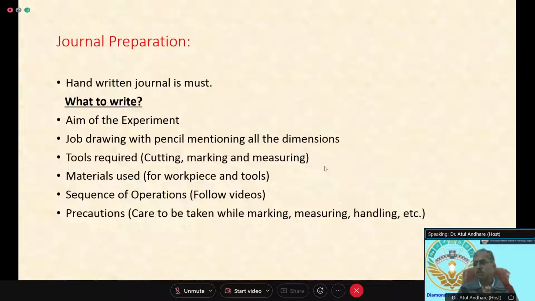So this drawing will be made by pencil. Everybody will make his or her own drawing, giving all the dimensions because the dimensions are important. Then you have to write in your report. So normally what can be done,